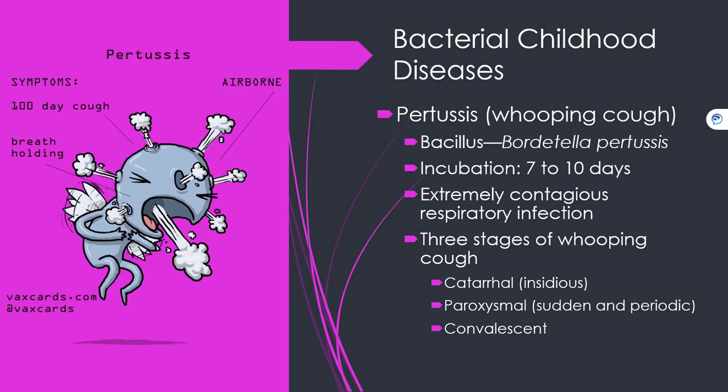The first stage of whooping cough is the catarrhal, or runny nose stage. This phase typically lasts for 1 to 2 weeks. Symptoms during this phase resemble that of an upper respiratory illness or common cold, including a runny nose, nasal congestion, sneezing, and an occasional cough. A low-grade fever may be present in some cases, but it is only during this stage that antibiotics can halt the progression of whooping cough.